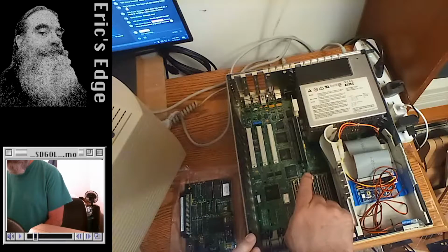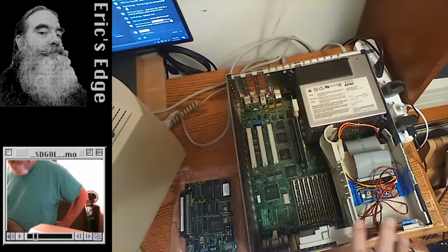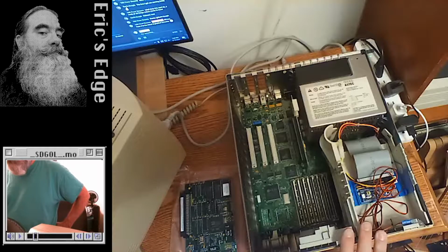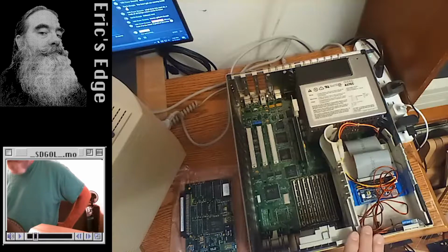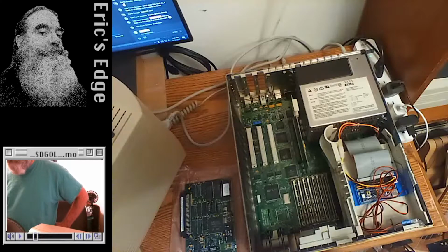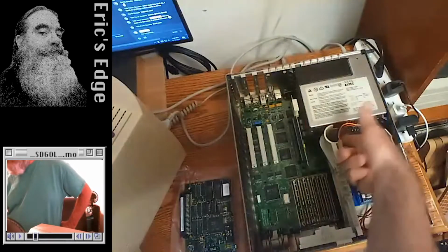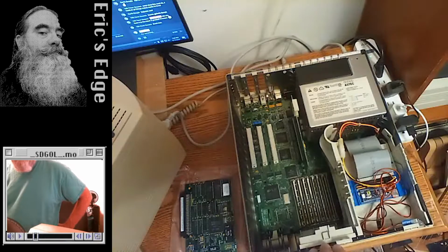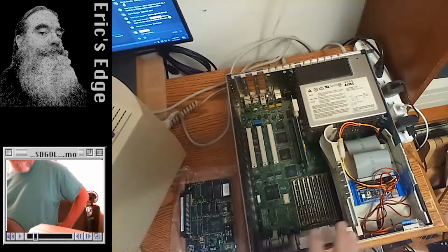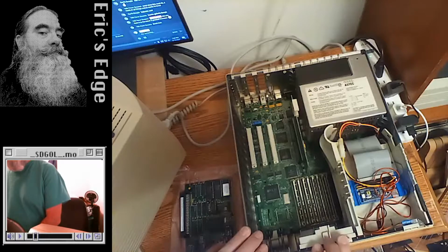This is the cache card. Yes, it has the latest and greatest firmware on it. I even did the beta firmware for CD-ROM support, hoping that it might work, because when you load A/UX on here, you have to use CD-ROM drive and media. Unfortunately, it doesn't report it as a compatible CD-ROM card, and it's beta, so I didn't expect it to work. But fortunately, I have a compatible CD-ROM drive from my Performa 550. So I was able to put that in here and then hook the blue SCSI up externally, because I only have the one power adapter and I only have one SCSI connector. So, but it worked. I'm going to repeat a video. I'm going to record it so I can speed up the slow bits for installing A/UX from scratch. So anyway,